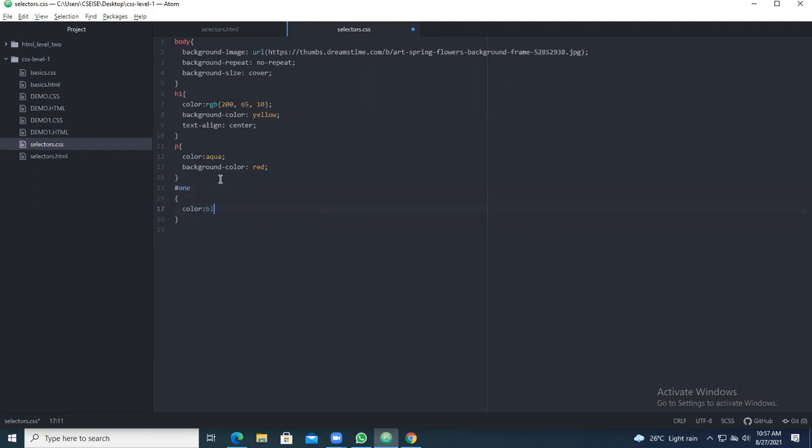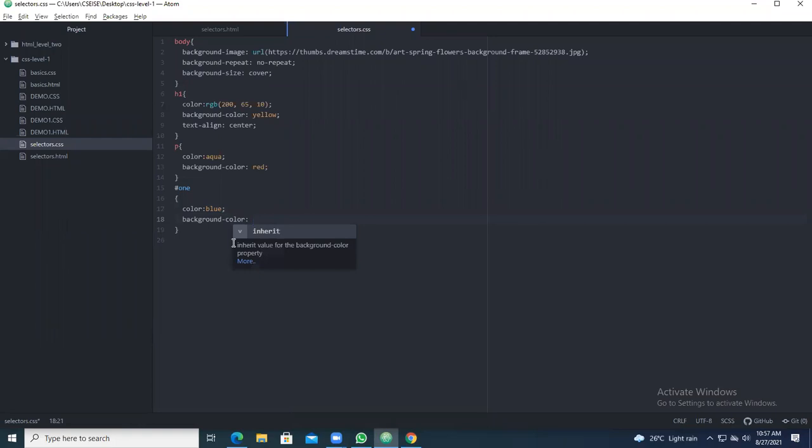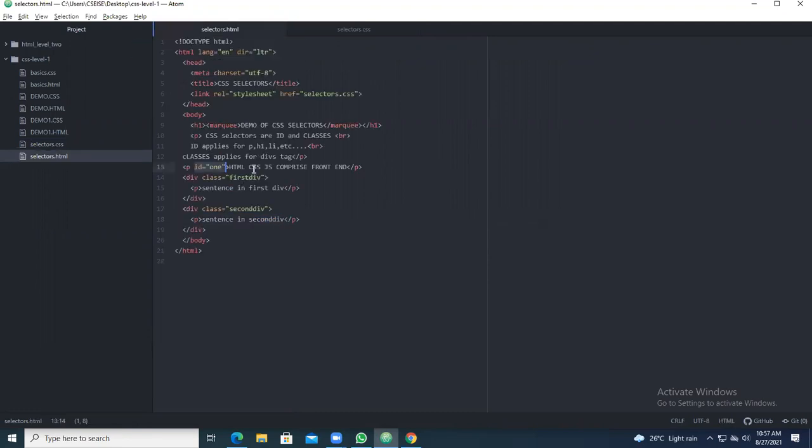For color, you give blue. Next, for the background color, you give orange. Now we shall see what happens for the 1. What is the content inside 1? HTML, CSS, this part. You see what happens here.